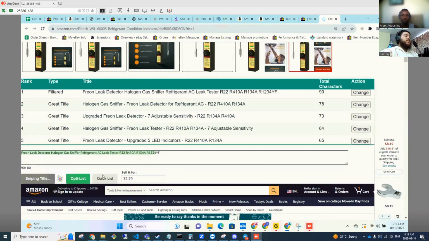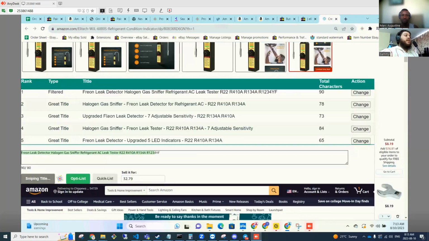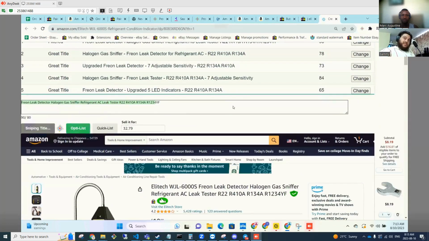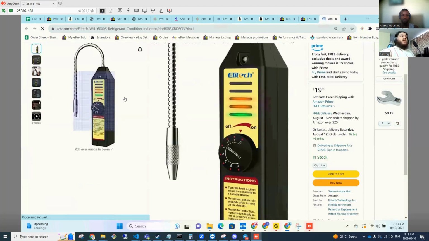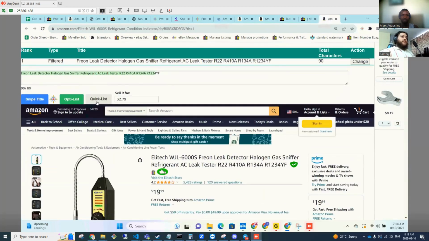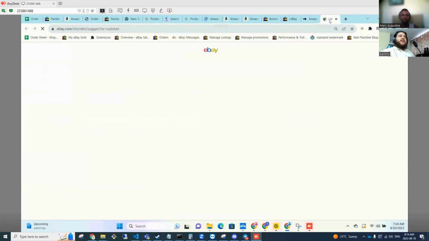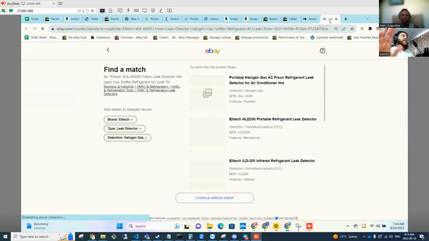This quick list is free. You can download Ecom Sniper today and use the quick list feature. As we just showed you, this guy copies and pastes straight from Amazon. Let me just finish, actually let's refresh it. Okay, so the quick list, if you press it, it's just going to list the item onto eBay, but it's not going to use any of the AI features. It's a straight copy and paste.